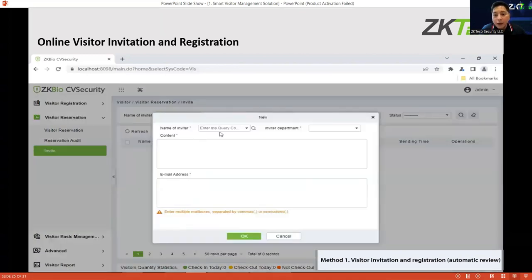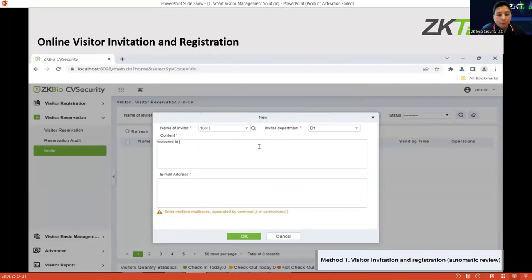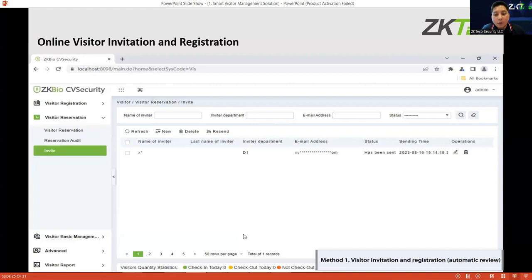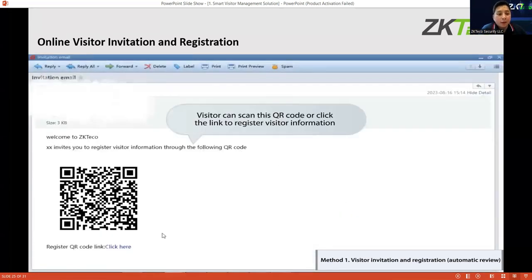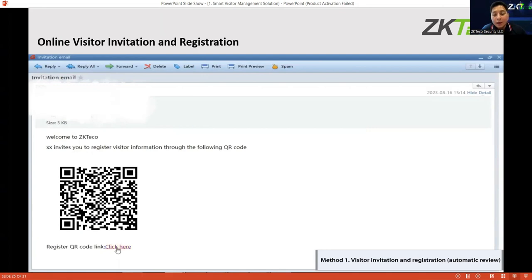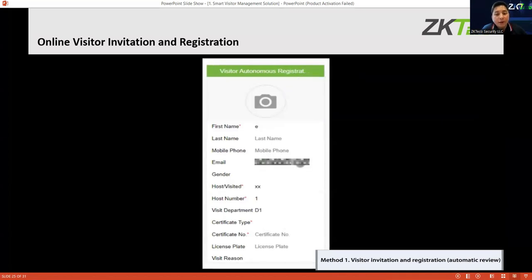For example, if you want to invite someone, just put your name and the email address of the person that you want to invite. Click OK. Once it is sent, the person that is invited will receive an email, where she or he can see the QR code, scan it, or click the link for the online registration.